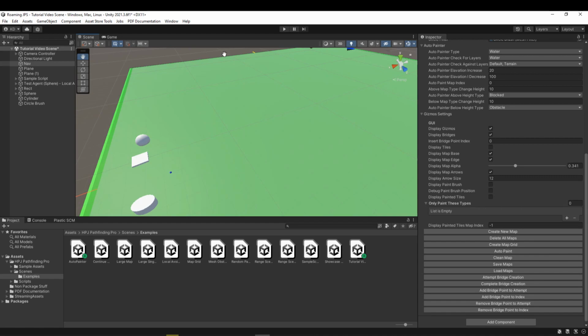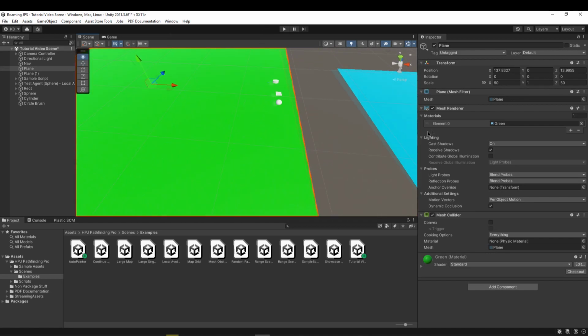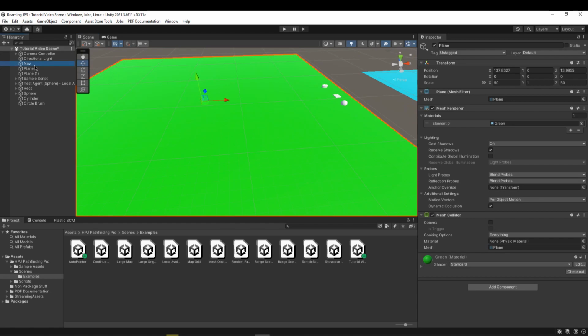In this episode, we're going to learn about the painter and the auto painter. The purpose of the painter and auto painter is to paint tiles on your maps. So, how exactly do you do that? If you go to your navigation manager,